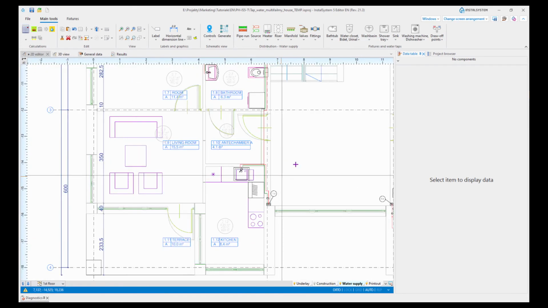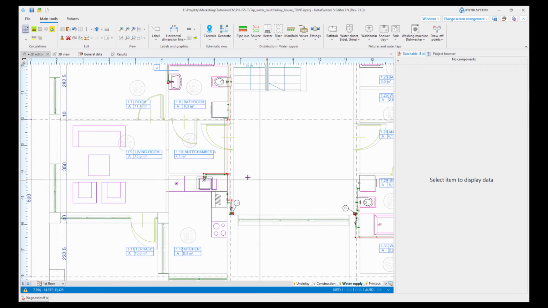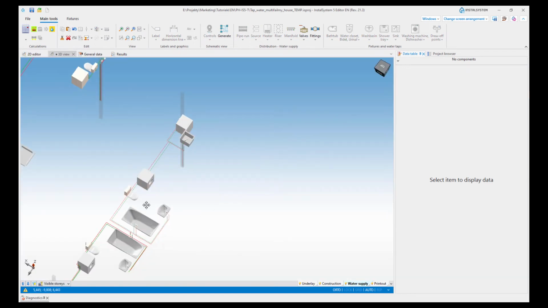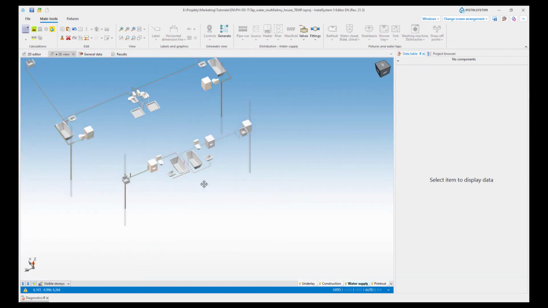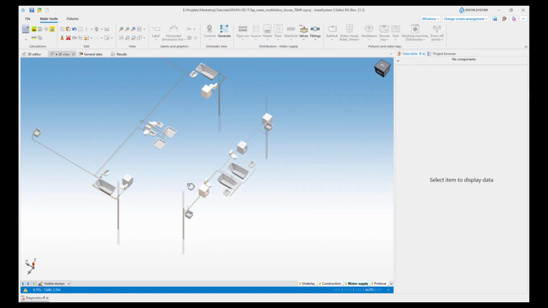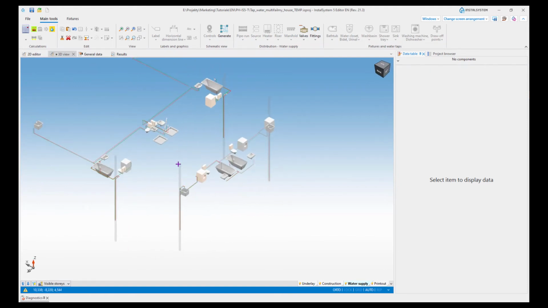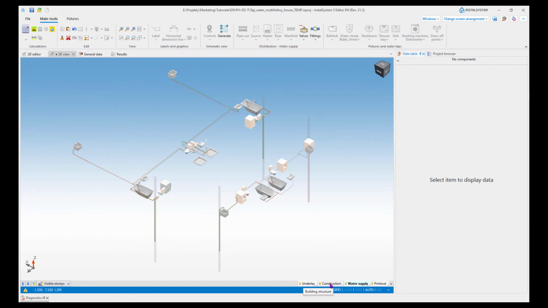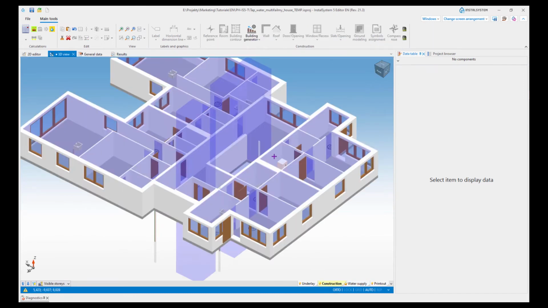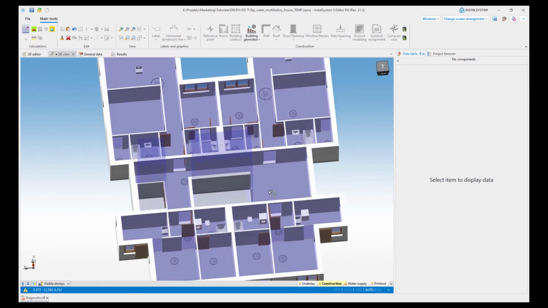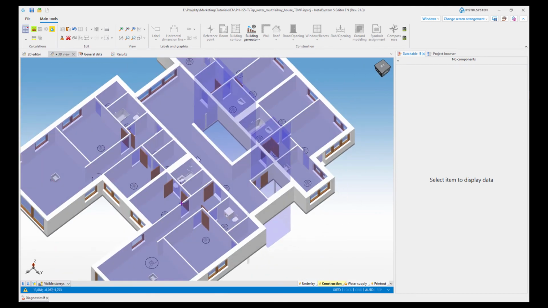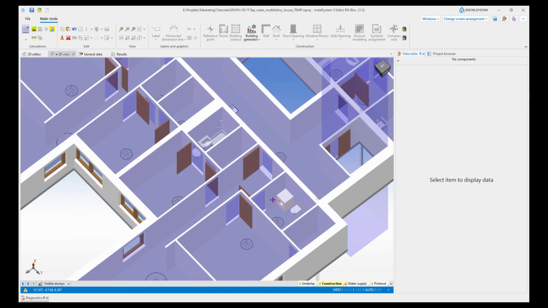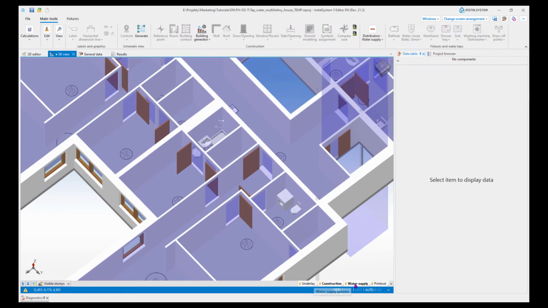Okay, so maybe let's take a look now at the 3D view, how it looks. And to check the proper arrangement of these pipes, we can also display here the construction. If we select construction and the water supply with Control key and by pressing left mouse key, you will see